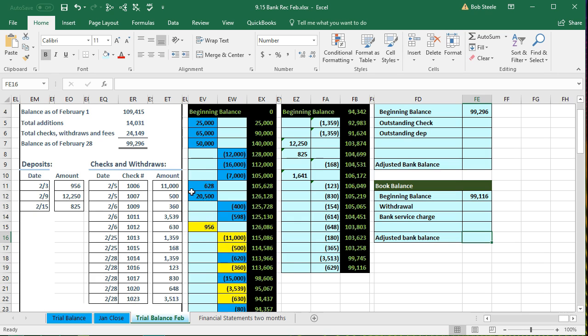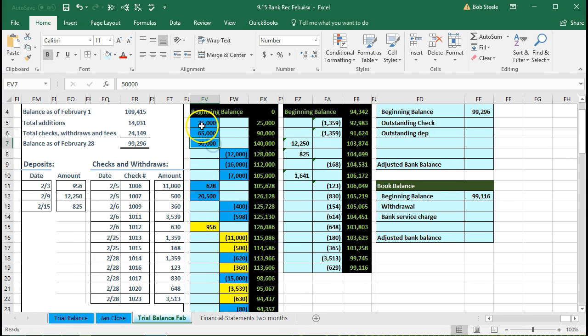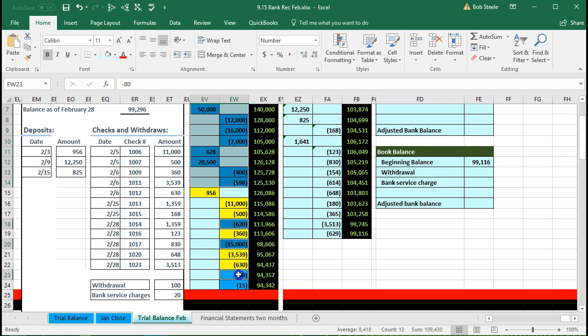Now, just to note where we have started here, just to get an idea of this, remember that all of this blue stuff, that's the stuff we checked off already. That should match out to the beginning balance now. That's all the cleared stuff that has happened thus far within the business. So if we highlight that, this plus this plus this, minus this, minus this, minus this, plus this, plus this, minus this, minus this, I'm holding down control and clicking on the blue items, and then just looking down here and letting Excel sum that up, it sums it up to